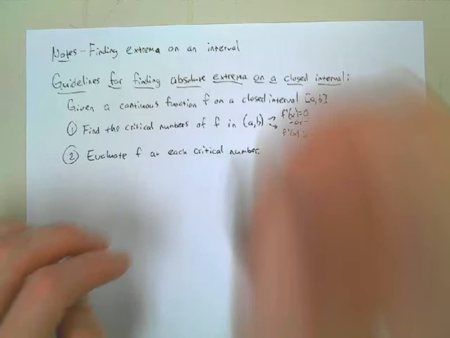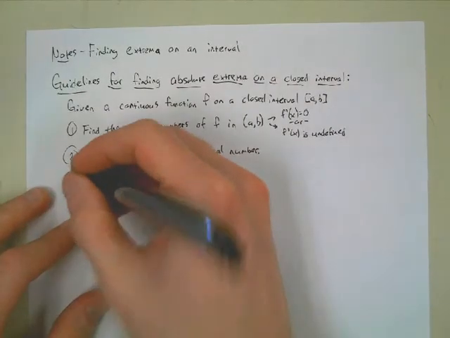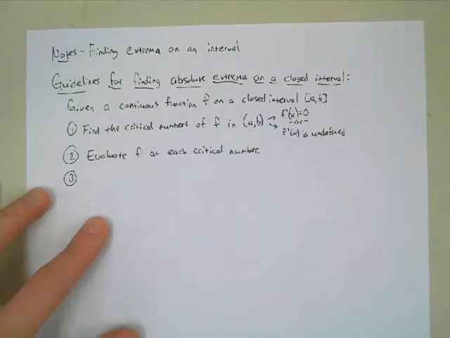Okay, so if you have a critical number at 1, like maybe 1 makes your derivative 0, or 1 makes your derivative undefined, that's a critical number. You plug that 1 back into f, all right? So we evaluate f at each critical number. We also need to check